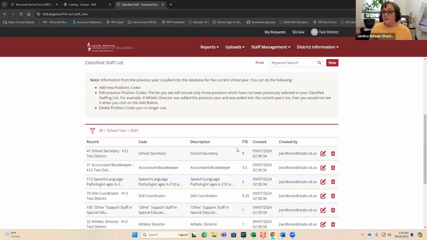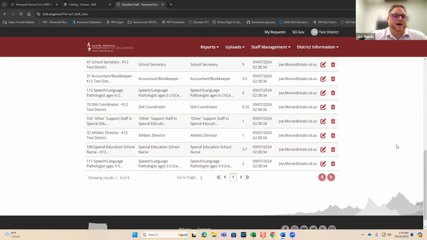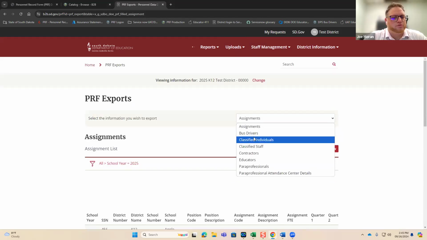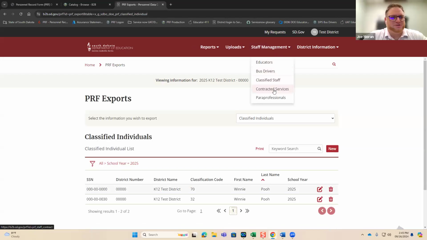If you say no, you will get a warning message that all your records are going to be deleted. So don't select it, unless you want to re-enter them. I will say at this point, if you do accidentally delete a lot of records, reach out. There are ways we can back end into that data, or you can always use the uploads records to export your prior year data and import it as current year data. And that's something we can help walk you through as well. Yeah. So we try to scare you, but not the end of the world.